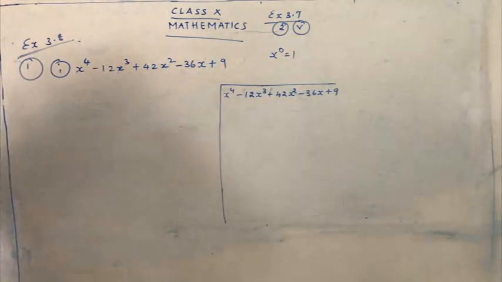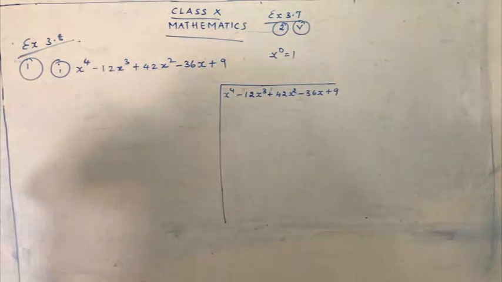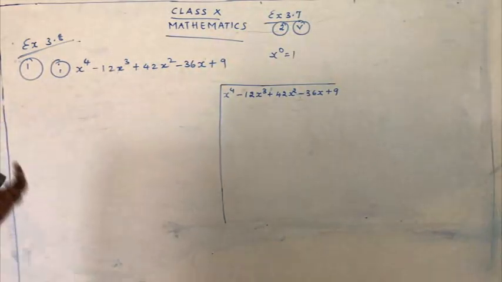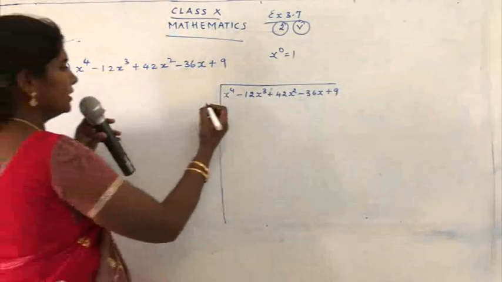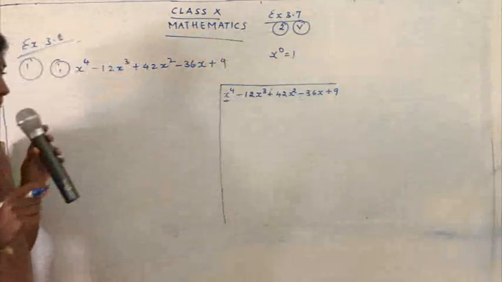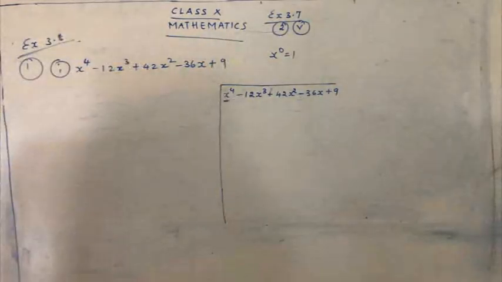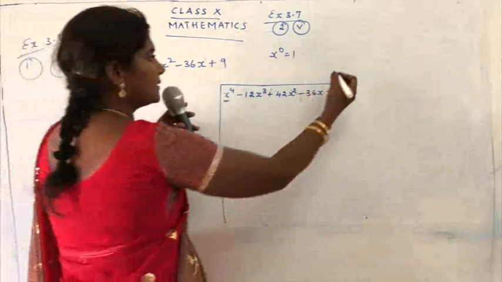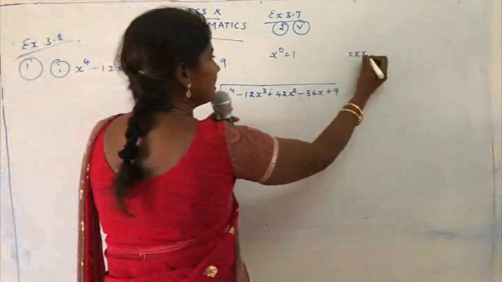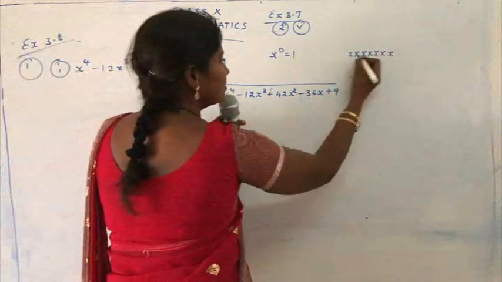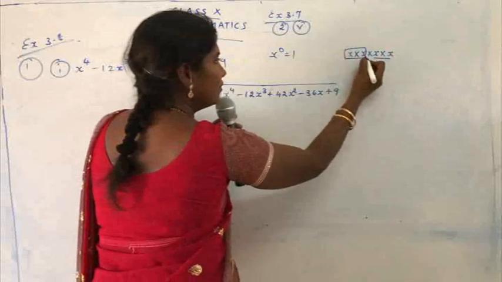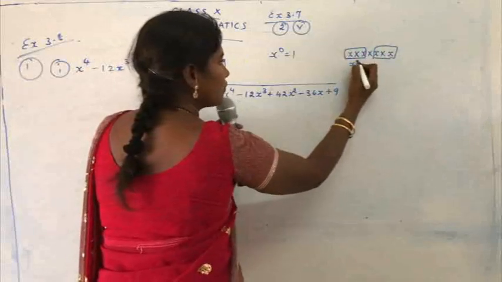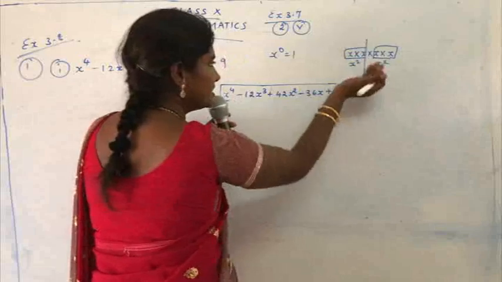Once you are clear with the concept, you can go on trying any type of question, whether it may be easy or it may be a complicated sum. So you are going to take the first term here. What's the first term here, children? It's x raised to 4. So take the square root of x raised to 4. X raised to 4 is x into x into x into x. So just the same number multiplied by itself. So what is the square root of x raised to 4? It is x square.